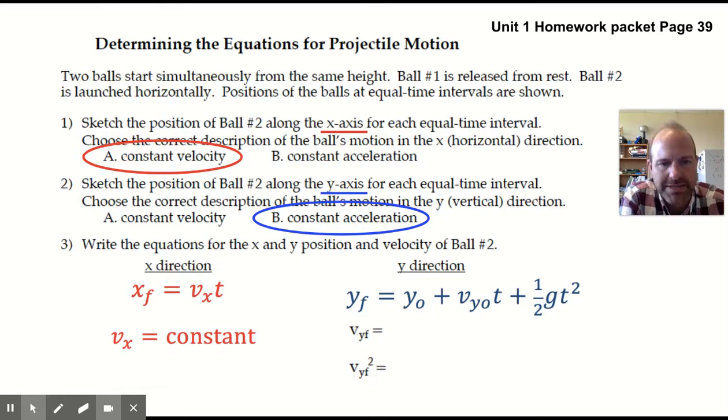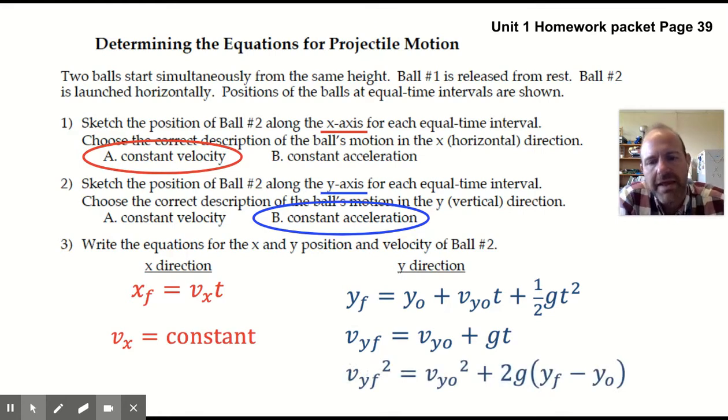plus 1/2 gt squared. The only real difference between this and what we saw before is that the equations now have a few extra subscripts, and we're using y's instead of x's here because we're talking about separate dimensions of motion. We can do this in the velocity space. The final y velocity is the initial y velocity plus g times t. And the equation that doesn't involve time